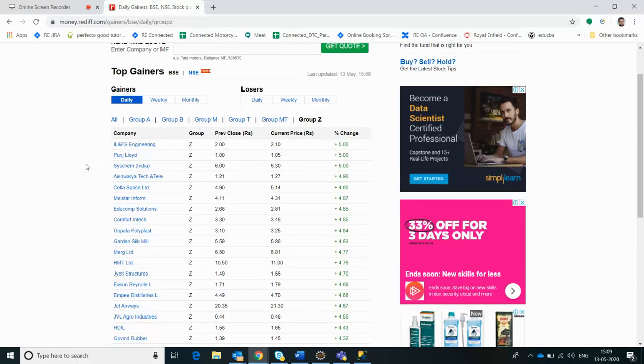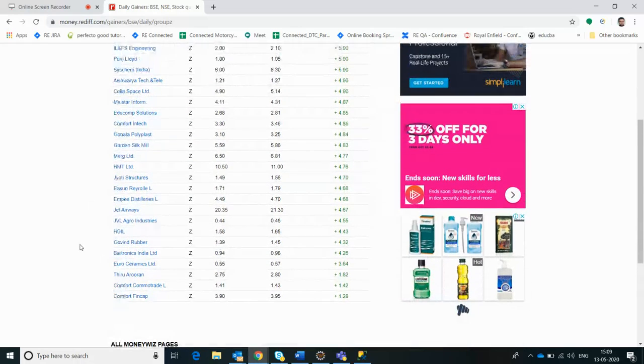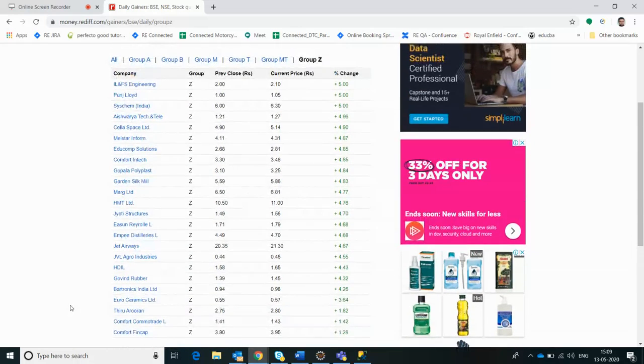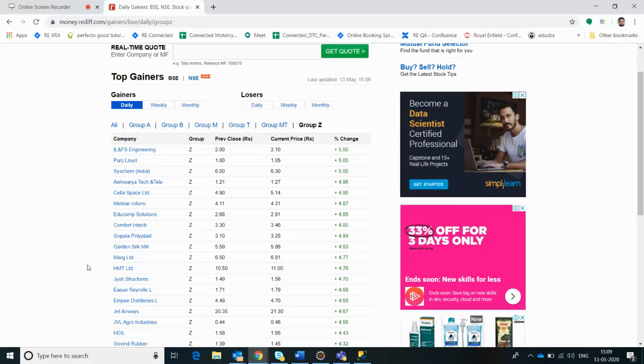Also, it's not necessarily that the number of rows would always be the same. Let's say as of now there are 25. Maybe after 10 minutes there would be 20, and after another 10 minutes there would be only 5, right? There may even be one more column added to this table, and maybe one column removed from this table. These are the features of a dynamic web table. That's how they keep on changing. We will talk about those things in detail, right?